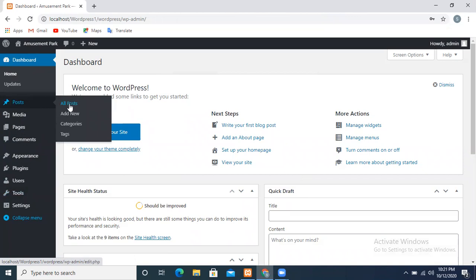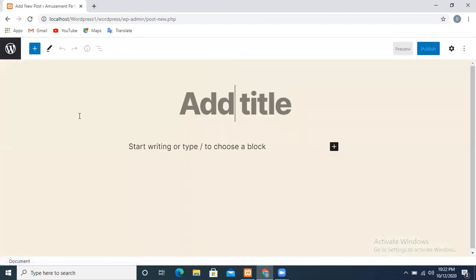Posts. There are different kinds of posts: all posts, new posts, category, and tags. Post is basically used for the blog pages. If you have any kind of blog site, you will use posts there. As your new post comes, your old post will go to the bottom and your new post will come on the top of your pages. Add new post. Simply click on add new post